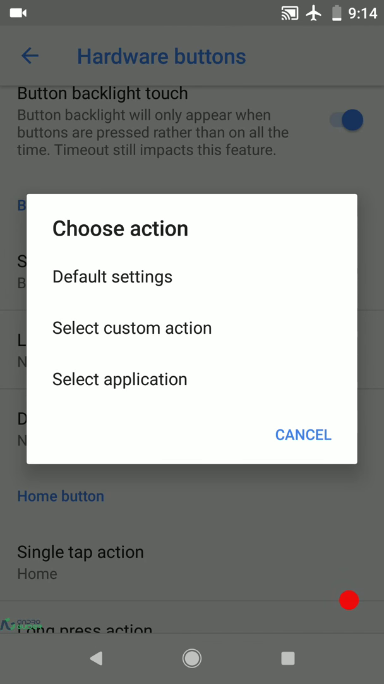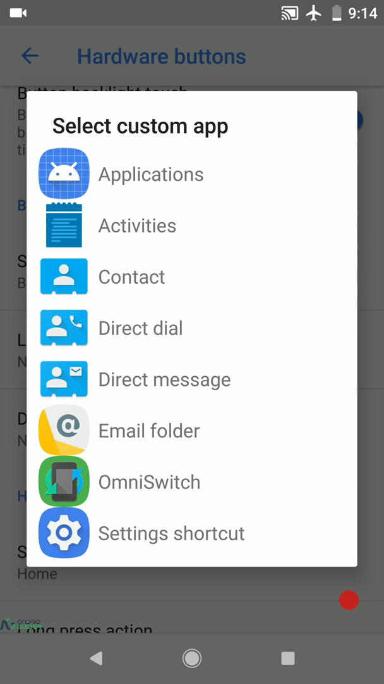Now, single tap action. You can set default settings, select custom action, or launch an application. And when you select application, it will also show you some options. For example, I use the long press of the back button. I have set that to hibernate. Now I use Greenify, and it isn't installed right now. But the day before that, I was using this ROM. I had Greenify installed, and in that I had set long press of the back key to hibernate